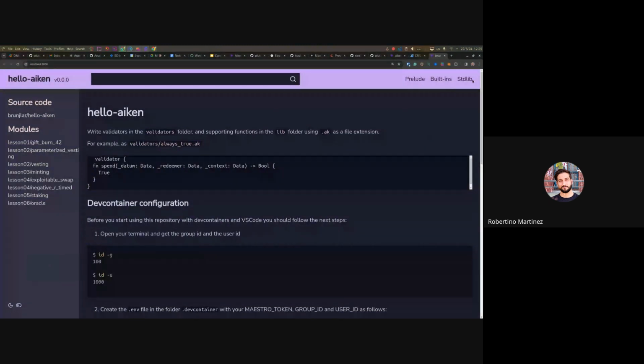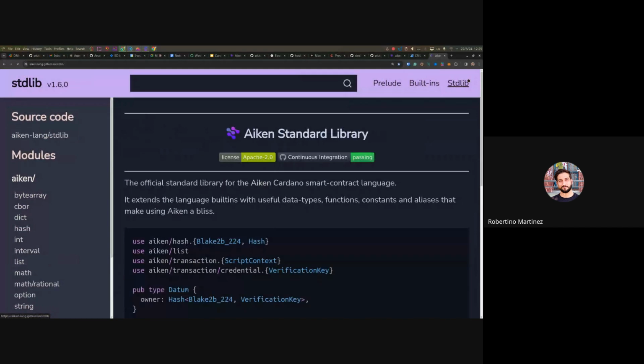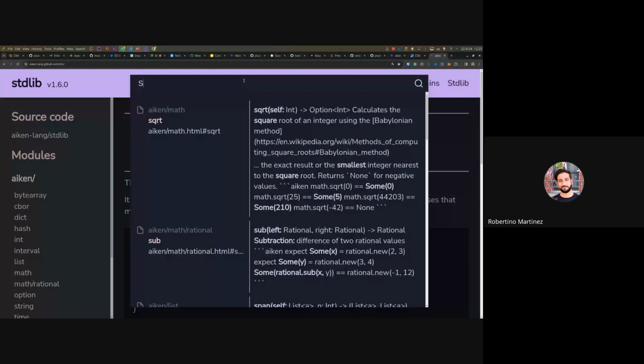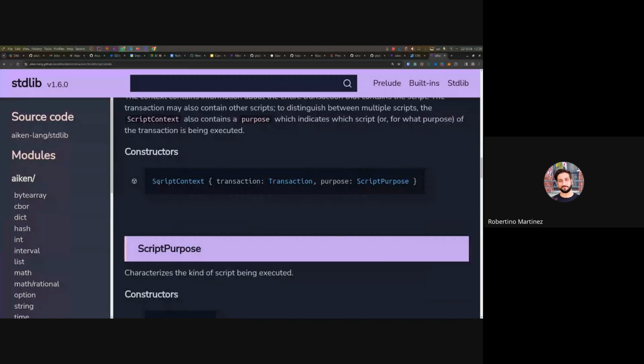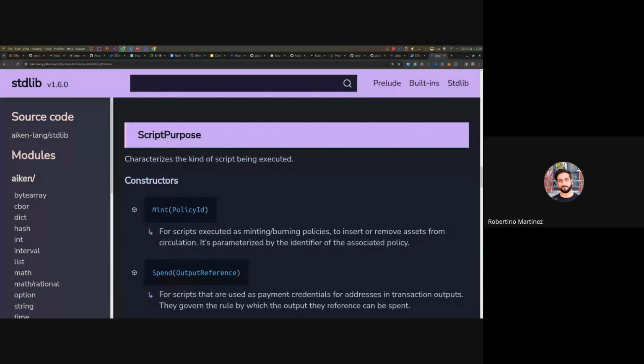Now, if we go to the standard library and to script context, as I said in the prior lesson, script context contains everything about the transaction that is not the datum and the redeemer, so everything else. Because we want to check if the transaction wants to consume an output, a UTXO, that information has to be inside the script context. So we go to script context. Script context contains a transaction and a purpose. We care about the purpose. So script purpose